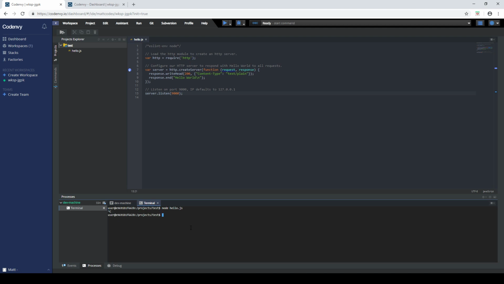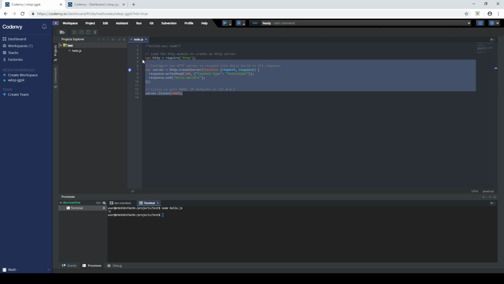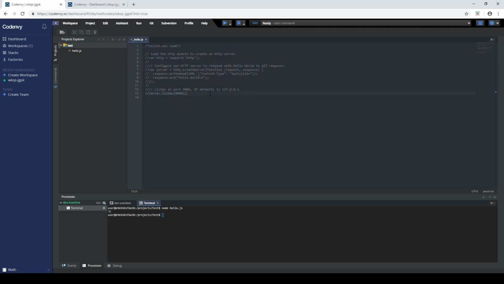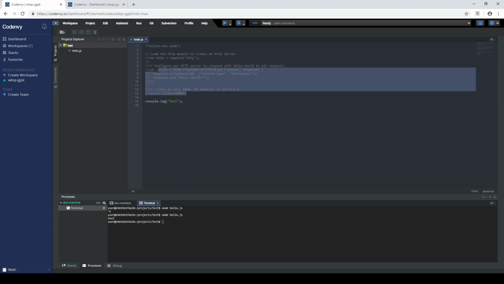And it runs a server. Let me just comment this out and run just a console log test. Just make sure Node's working. Yep, it's working. Okay. So again, this server, when you run this server, you're going to want to look, if